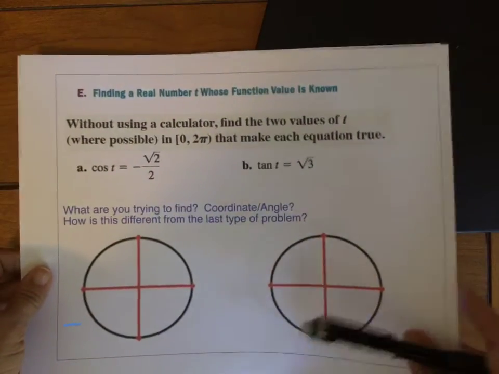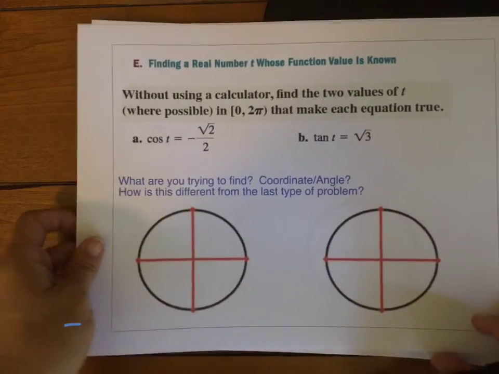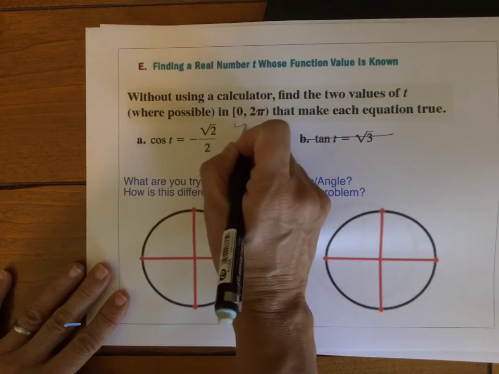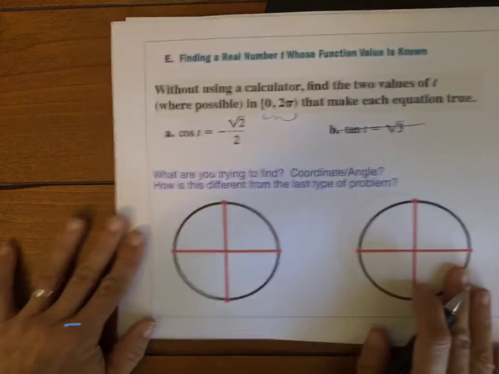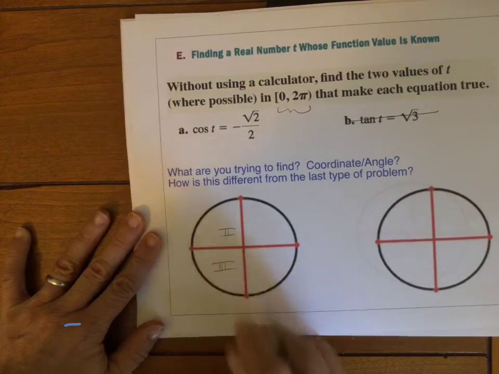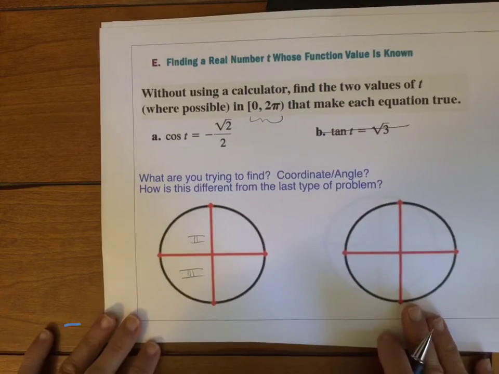in a different way. This is the same problem, and we're going to ignore this one again. But now it's not giving me just quadrant 2. It's saying, where on my unit circle, or where between 0 and 2 pi, do I have a value of negative root 2 over 2? We talked before that x's are negative in quadrant 2 and quadrant 3. We also said this root 2 over 2 leads me to believe that I have a